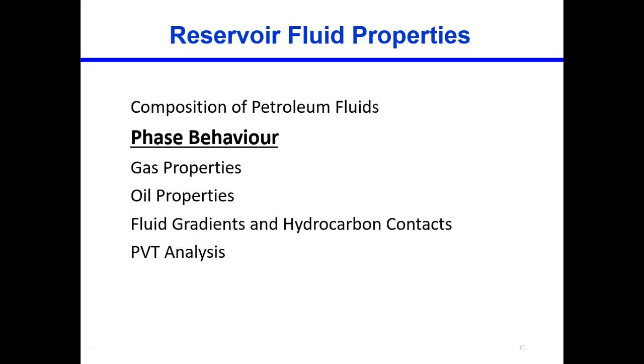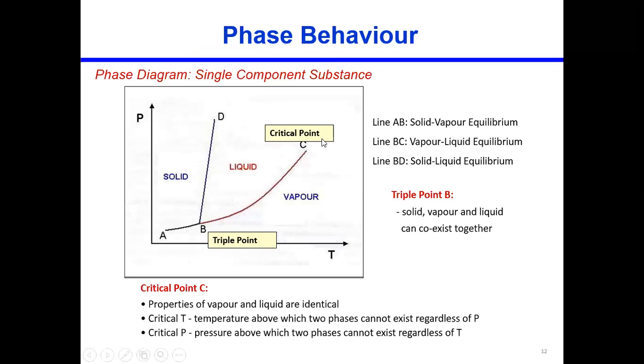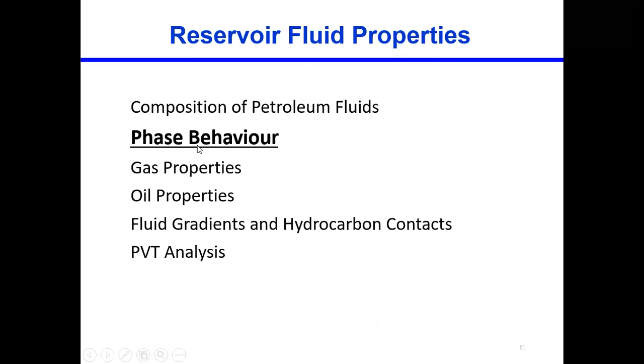basically starting from methane, then there could be ethane, propane, butane, hexane, heptane, octane, nonane, and so on. It could be an oil reservoir, it could be a gas reservoir, and so on. In an oil reservoir, the main components could be pentane, hexane, octane, and in a gas reservoir, the main components could be methane, ethane gas. Okay. Now, after this composition, the next most important part of reservoir engineering, I would say 30 to